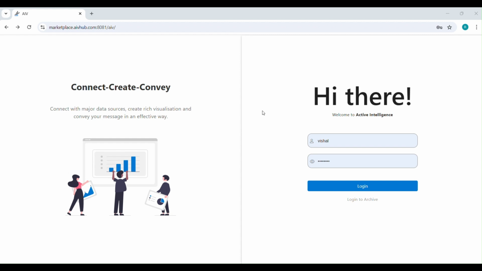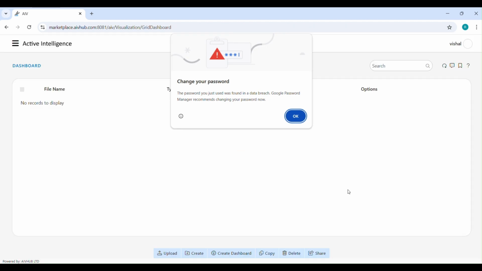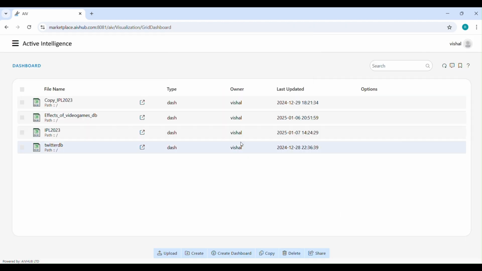So this is the login page of AIV. So myself, Vishal, I am pursuing a BCA degree. So I log in, and it will redirect to AIV. It shows the dashboards that you have created. By clicking on Active Intelligence,